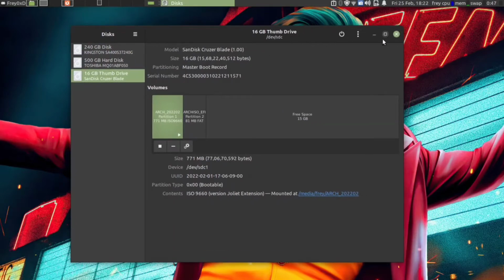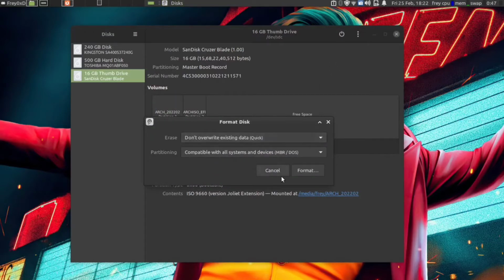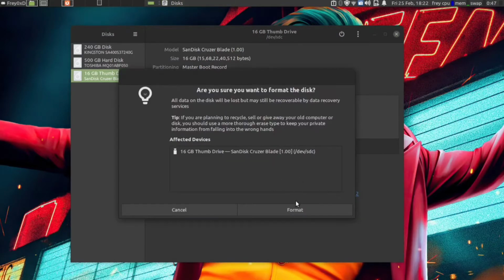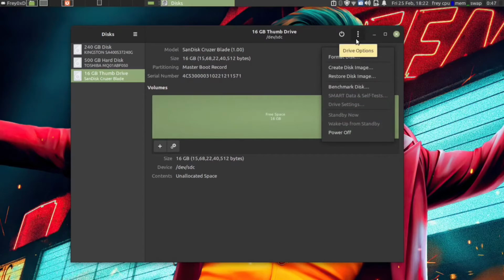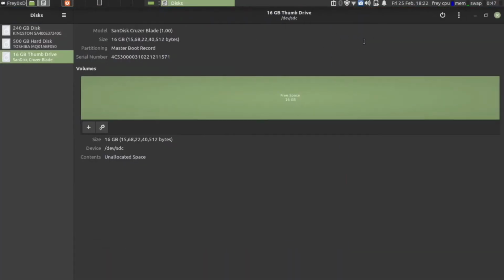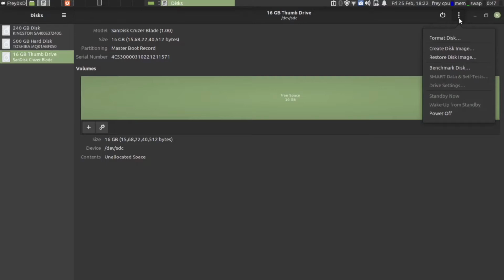So here I have my USB in it. Okay, so it has Arch installed. So just format it out. If you have anything else on your USB, just format everything. You don't need any trash in here. Sorry, Arch is not trash anyway. But now go to the disk option here. Let me maximize it so you can see everything. So just go into these three dots. This is the disk options, and then restore disk image.